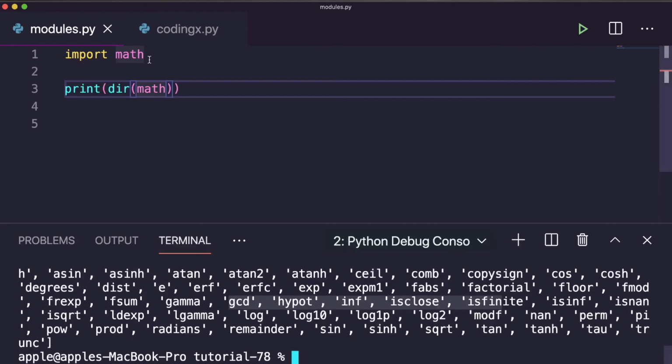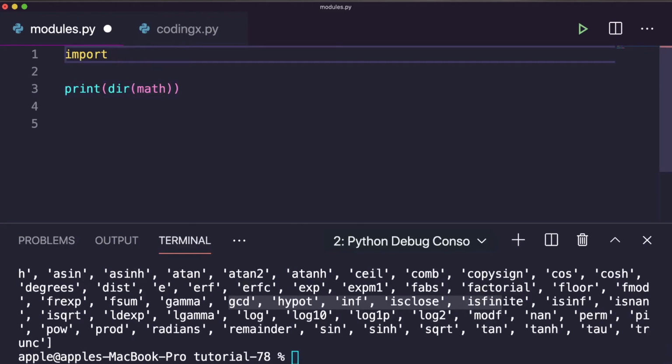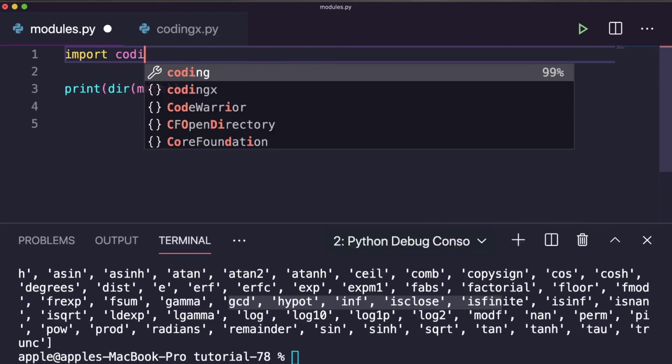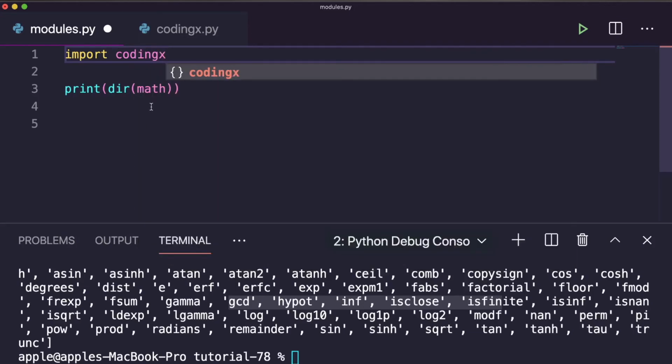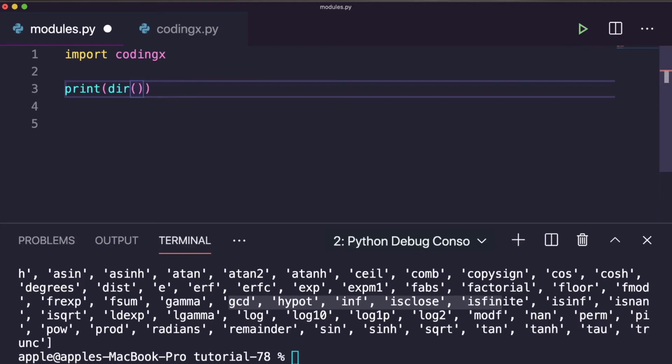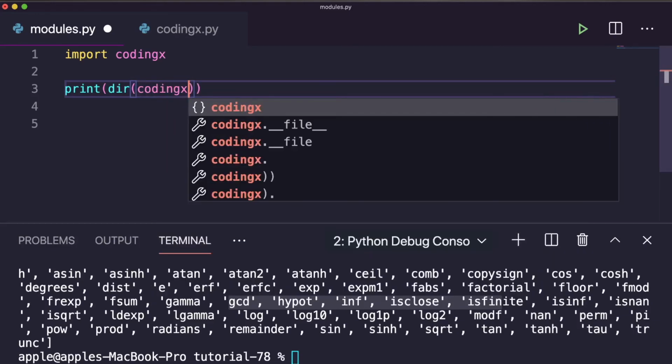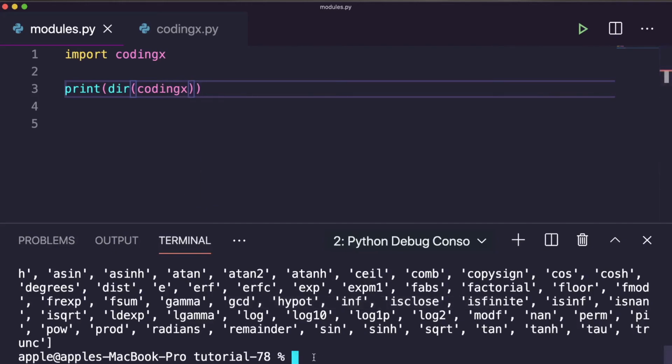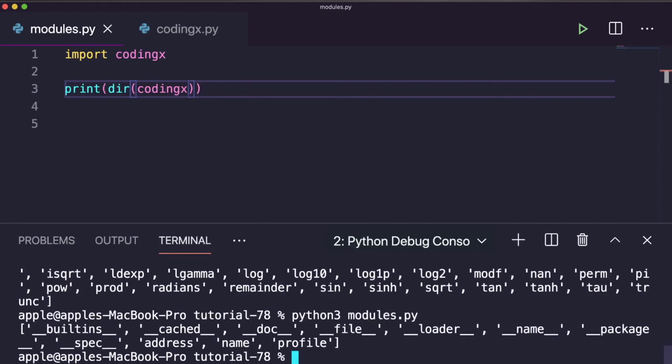Okay, similarly our custom module is codingx, right? If you want to know all the functions and attributes, you can also know by this function. Okay, so let's execute it. Here it is, the built-ins, doc, and our function is profile, right? And these two attributes were defined, and by default there is the Python dunder name as well.